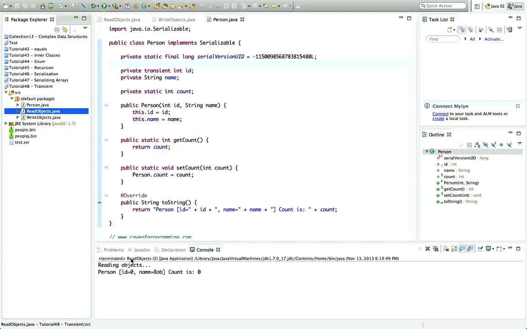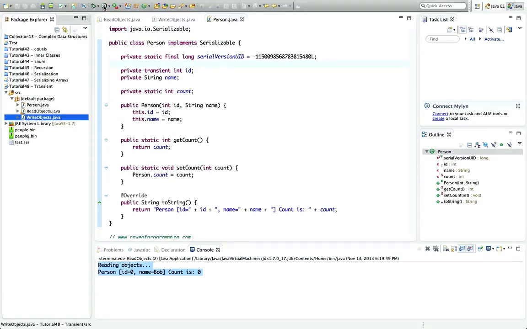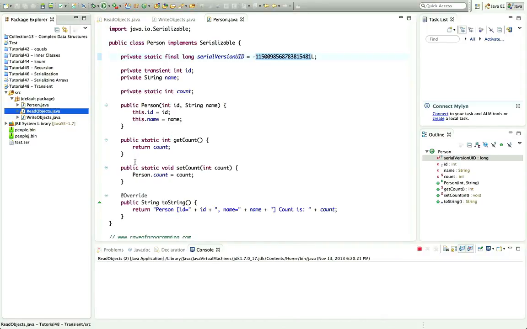I can write objects and read them, and we get stuff down here. But watch what happens if I write an object with one serial version UID, and then I change the ID. Let's change this to 1. You'll notice there's a capital L on the end there, and that casts what would otherwise be, by default, an integer to type long. And so we've actually changed the ID here, and now I'm going to run read objects, and what we get